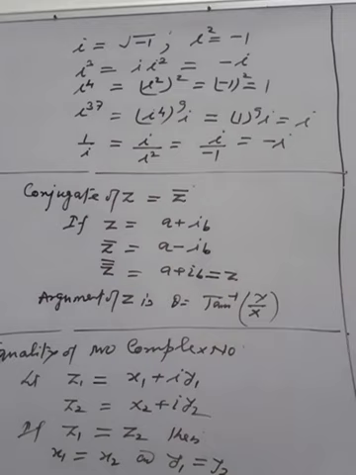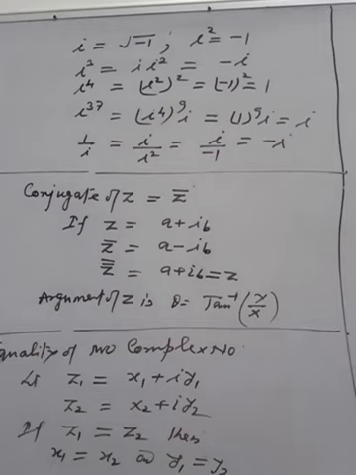Okay. Now you have to know here modulus of complex, conjugate and argument. Argument is also known as amplitude of z. So there are three main parts here: modulus or magnitude, second is conjugate, third is argument or amplitude. Okay. So modulus, how to find? You know, mod of z is equal to root of real square plus imaginary square of the given complex number z.